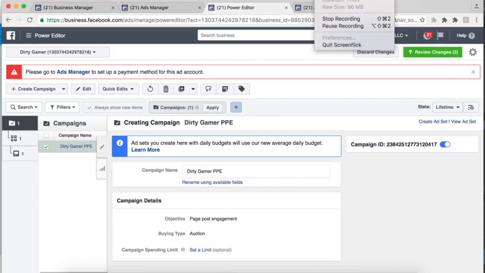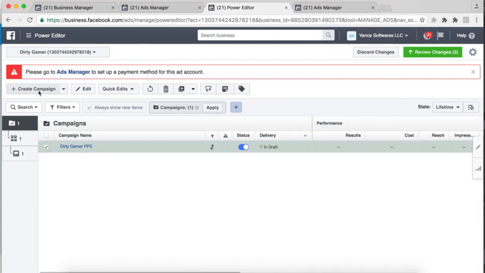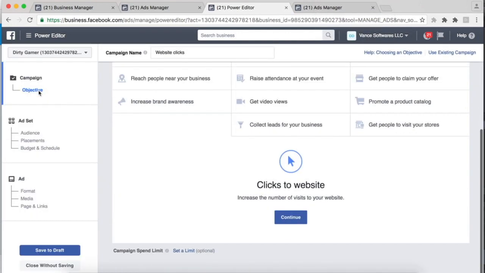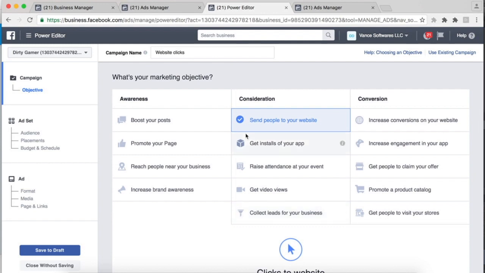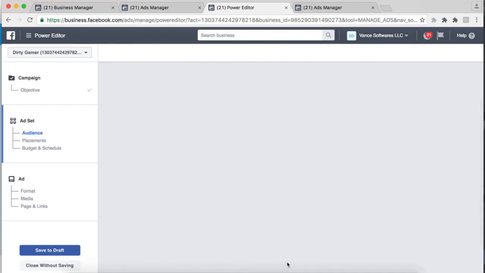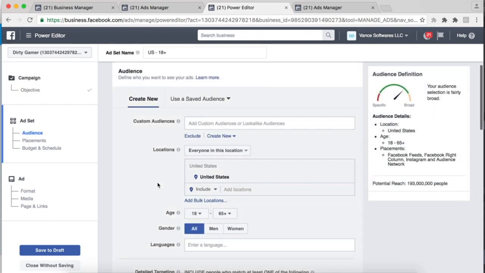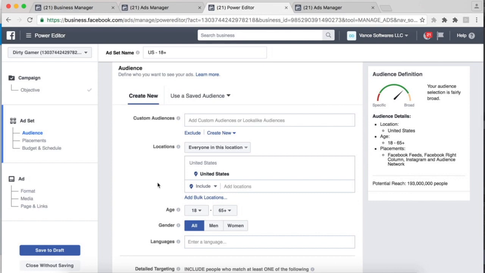Now, what I actually want to show you next is a different campaign. Obviously, we're running 3 different campaigns here. First, before you ever run any type of website click, you want to make sure you have the conversions. So with that being said, clicks to website is next what we're going to be focusing on. And we're going to pretty much use the same audience as we did for the paid post engagement.